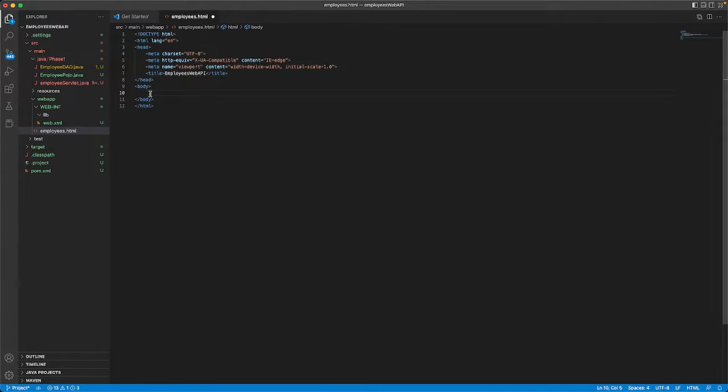This is where we write our body, you know. This is where we write our HTML. So what we need, we are going to need a heading. Let's use H1 as our heading. Let's call it company web register. Okay, that's our heading. We are going to need a table